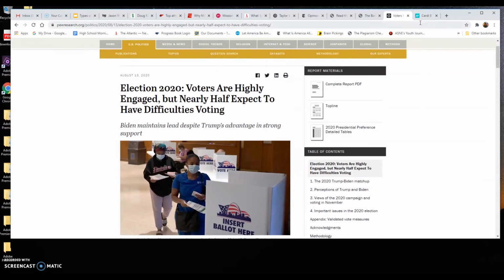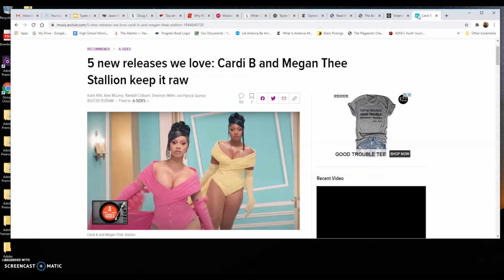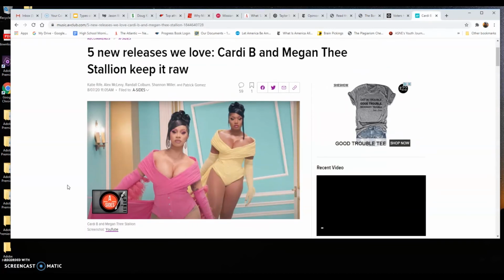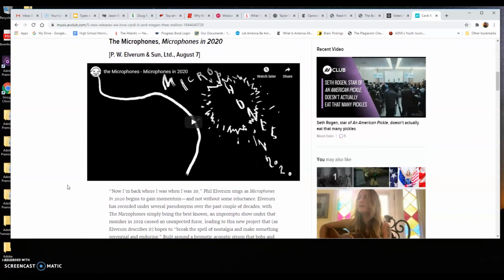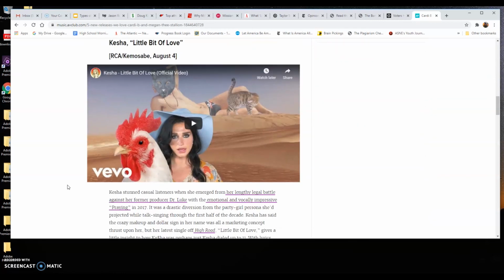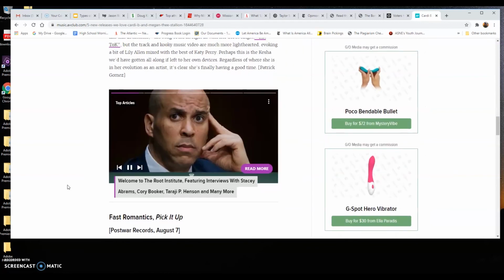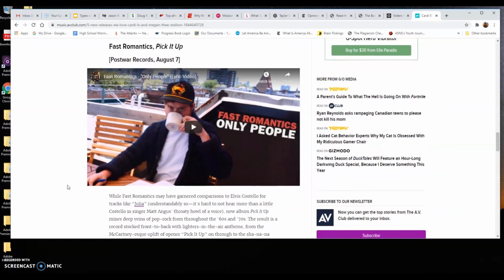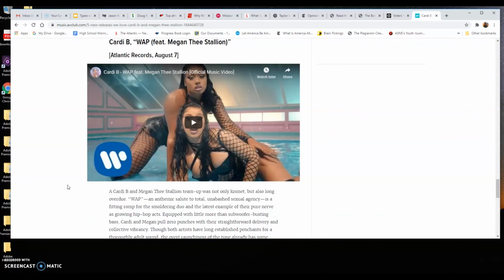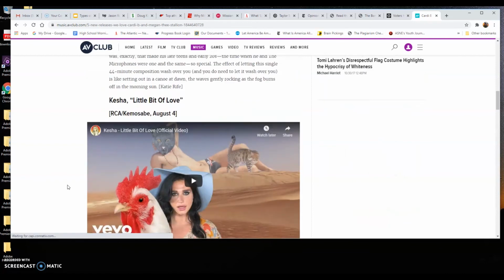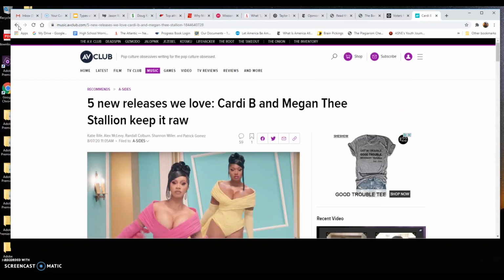And then other types of stories, obviously like lists, are very popular these days because they're easy to read and they're kind of quick hits. This one's sort of a preview of different pieces of music that are available. But we always want to... we don't just want to put a list of things out there. We also want to be able to explain why something is worth paying attention to or listening to.